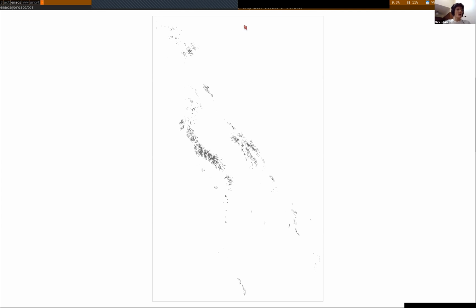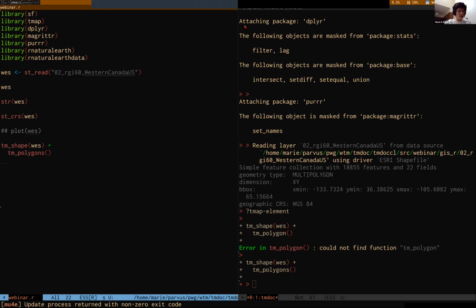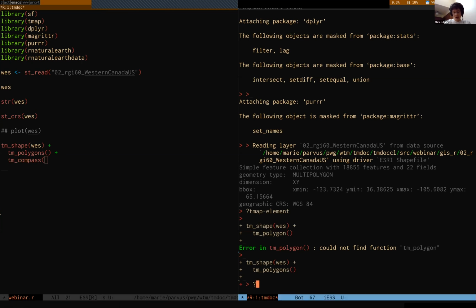So we can add a bit of information onto it. For instance, we could add a compass. There is a tm_compass function. And again, always, if you want some information to remind yourself what are the arguments that I can pass to tm_compass,